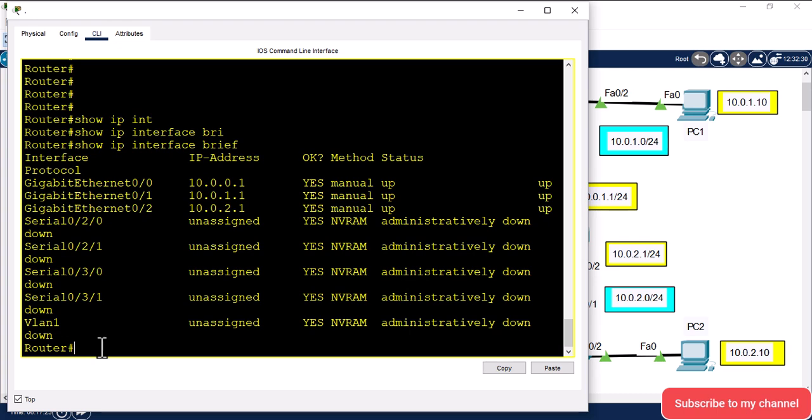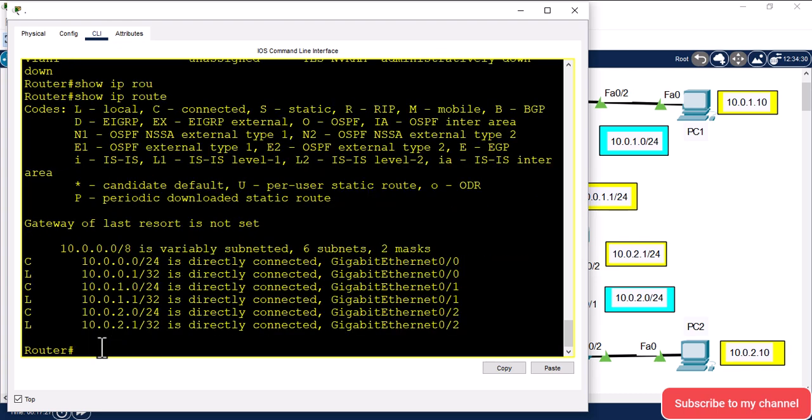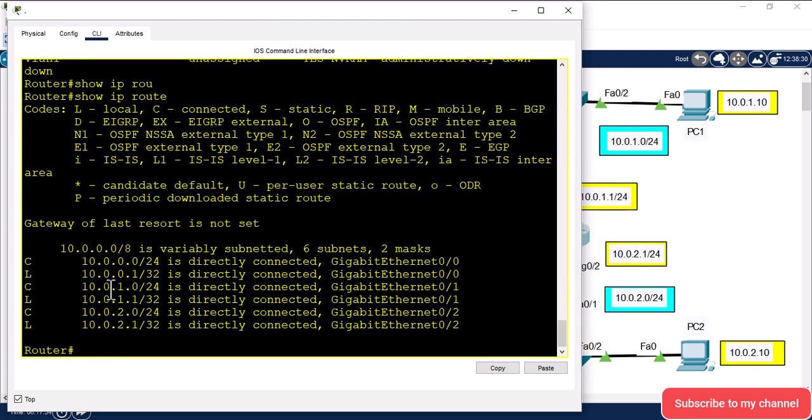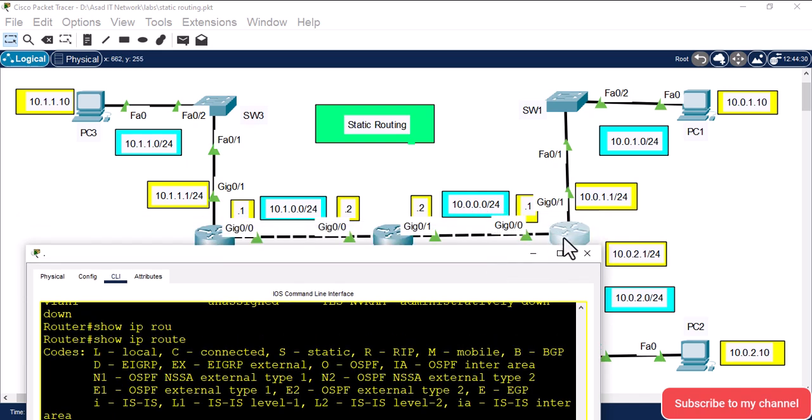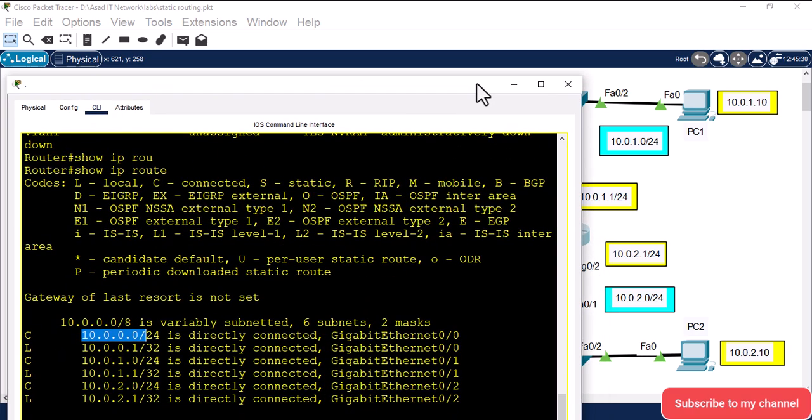And if I check the routing table, show ip route, you can see that we have the directly connected networks 10.0.0.0, this one, which is the directly connected network to this router. Okay, and